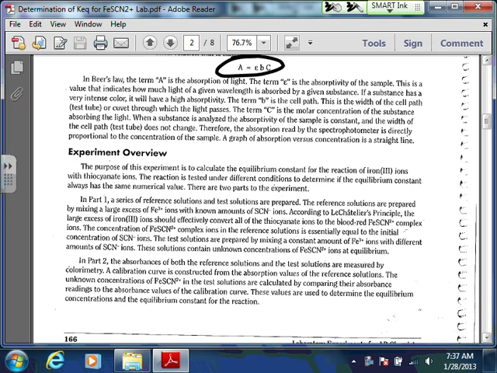E is the absorptivity of the sample, and B is the cell path. Okay, and then C is the concentration. So we can relate the absorbance to the concentration, but it's through this formula where we don't know the E and the B. And so what we basically have to do here